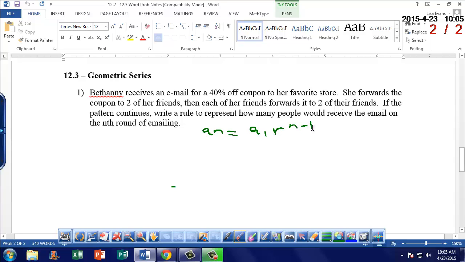Bethany receives an email for a 40% off coupon to her favorite store. She forwards the coupon to 2 of her friends. Then each of her friends forwards it to 2 of their friends. If the pattern continues, write a rule to represent how many people would receive the email on the nth round